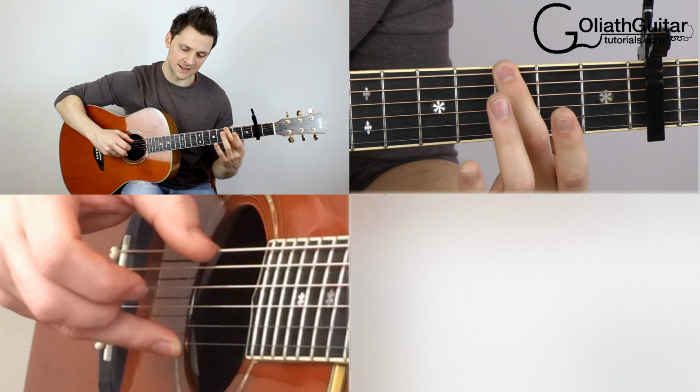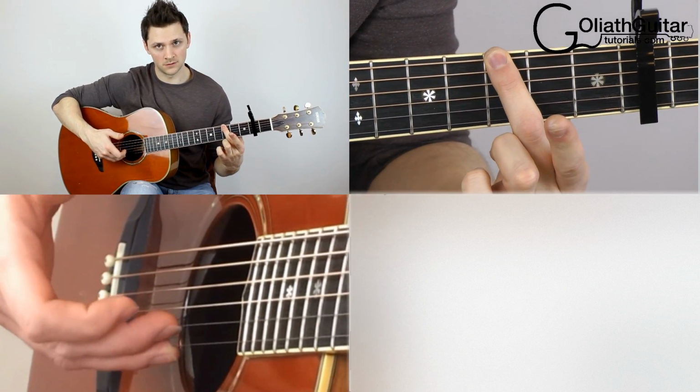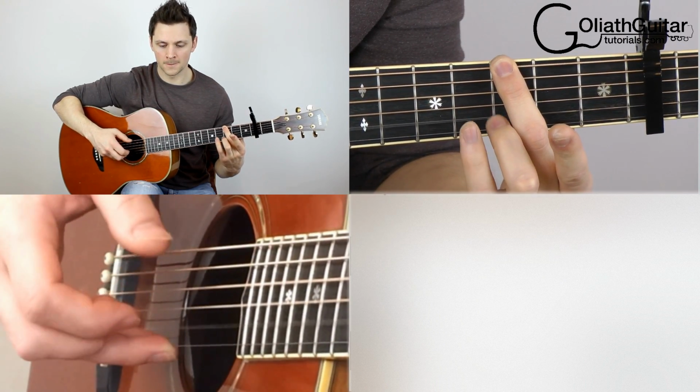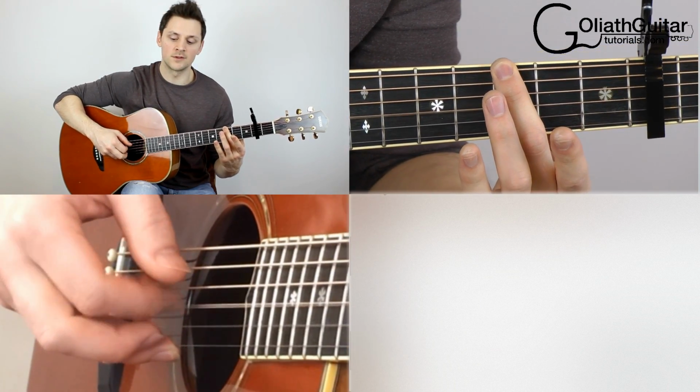So the thumb goes 6, index on 3, thumb up to 4, middle finger on 2, okay? So we've got thumb, strum, thumb, 3, 4,